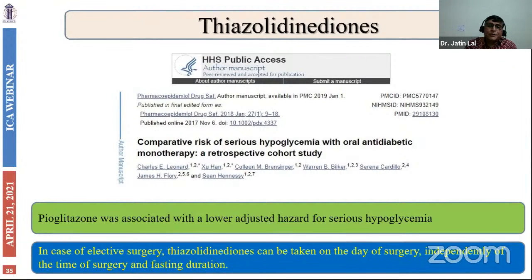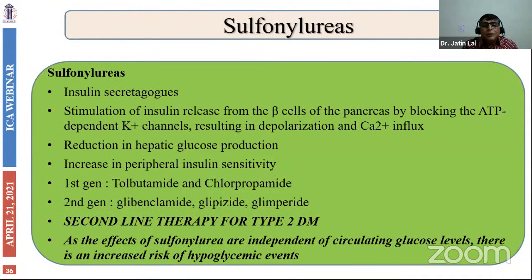independently of the time of surgery and fasting duration. Coming to another group of drugs, the sulfonylureas, which are second-line therapy drugs for type 2 diabetes mellitus. Basically, they are insulin secretagogues and stimulate insulin release from the beta cells of the pancreas. Their first-generation agents include tolbutamide and chlorpropamide, while the second generation includes glibenclamide, glipizide, and glimepiride. As the effects of the sulfonylureas are independent of the circulating glucose levels, there is an increased risk of hypoglycemic